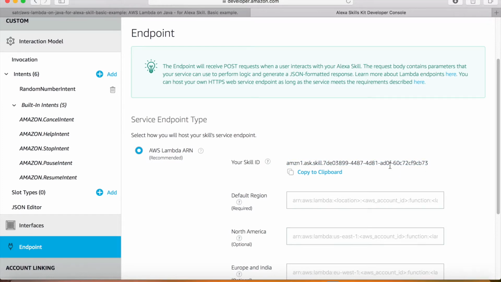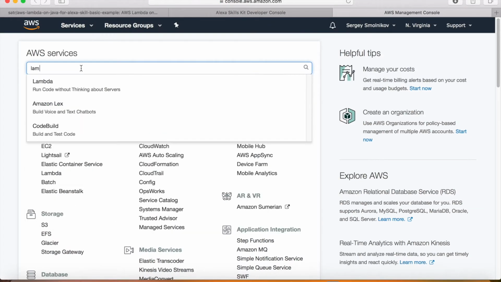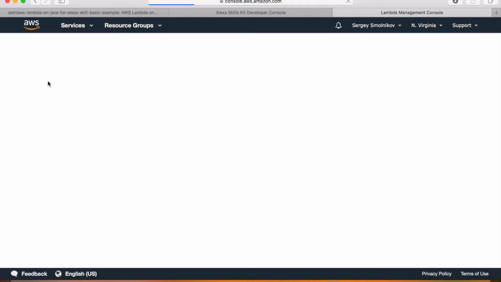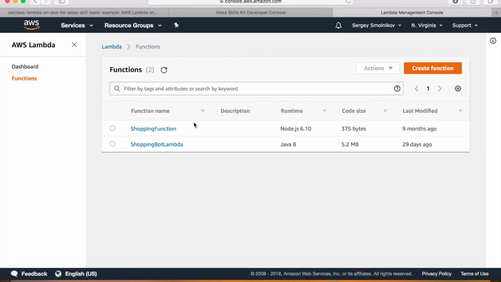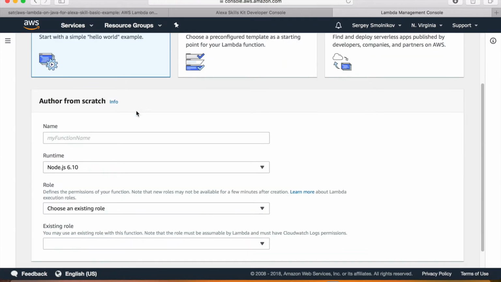And now we need to create the Lambda for this. Navigate to the AWS console, select the section with the Lambda functions, and we have a couple of them, so we create a new one from scratch.